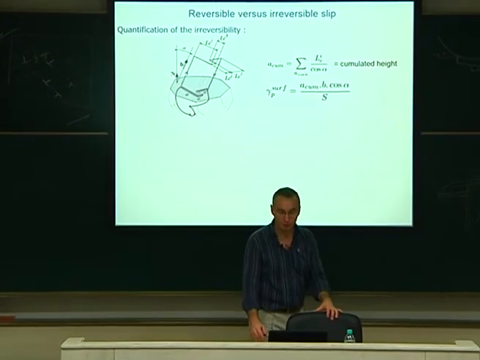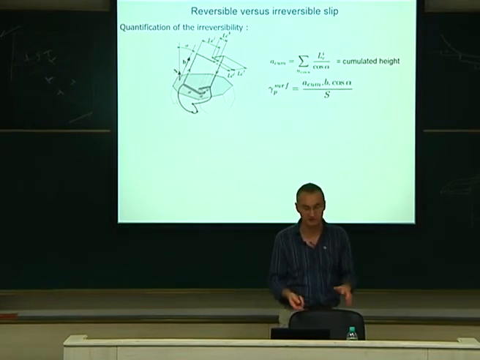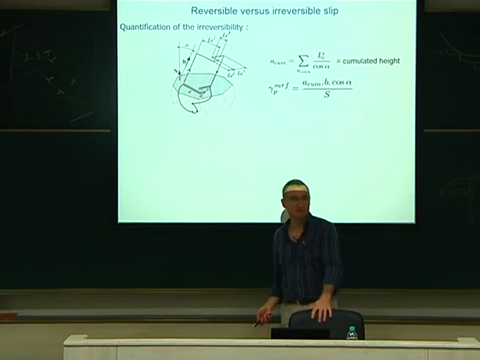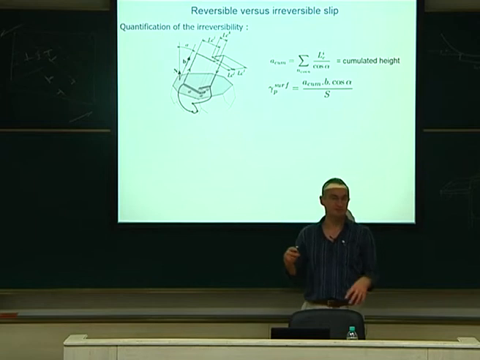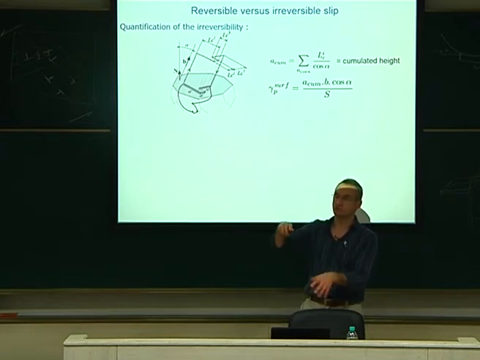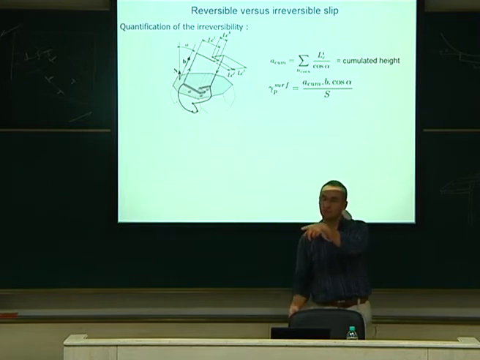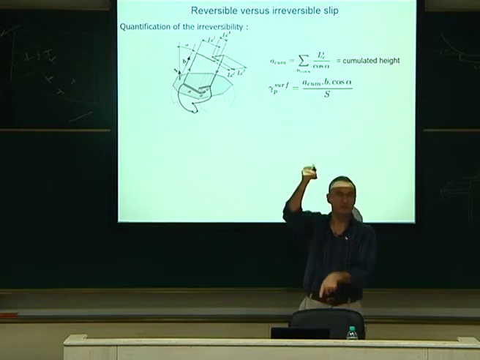Now, we want to compute the damage, to be sure that you have some irreversibility. So what could be the signature of irreversibility in the simulation? So irreversibility means that you do not remove what you have created at the surface. At the surface, you create some extrusion. If you have a dislocation coming and creating a step, if there is another dislocation removing the step, this is totally reversible. If you cumulate, this is irreversible.